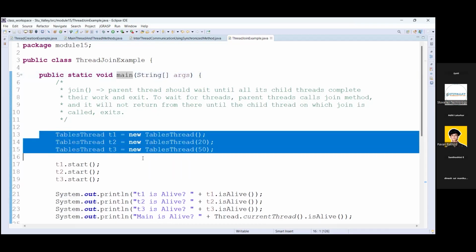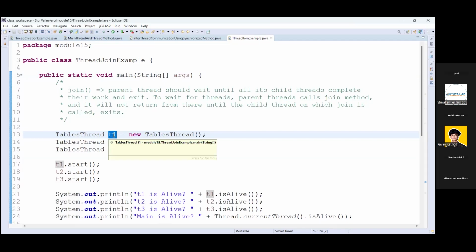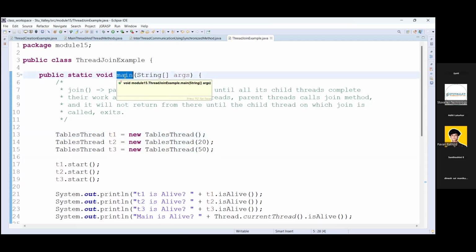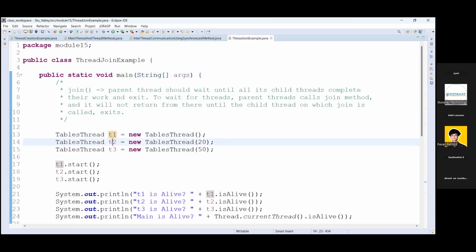But while completing the execution, the thread T1 should not stop. That means it should go into the dead state first before the main method goes into the dead state. Main is also a thread, so it will always execute simultaneously.